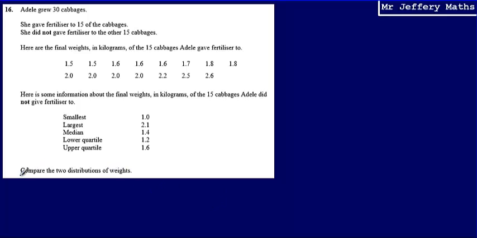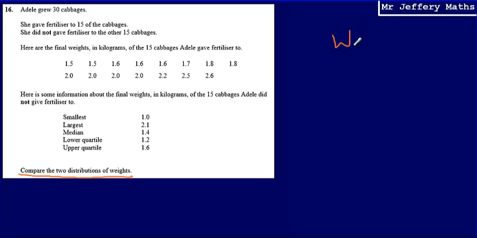So when I'm asked to compare two distributions of weights, what I need to do is compare a measure of location, such as the median or the mean, and also compare a measure of spread, such as the range or the interquartile range. And just to talk about what that means, the idea of a measure of spread is simply how spread out the data were. So I need to compare two measures for both sets of data,